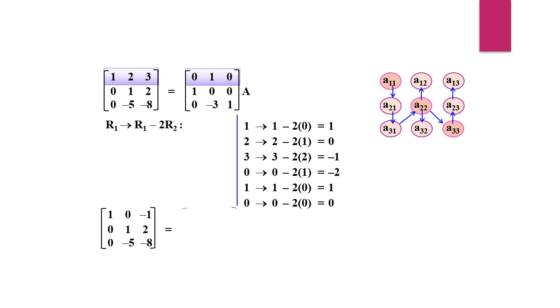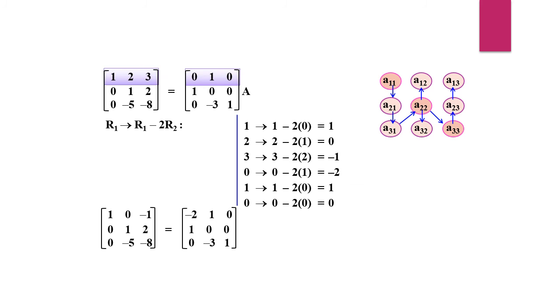Similarly we apply the property on the LHS, that is first element of R1 minus 2 into first element of R2, we get minus 2. Next second element of R1 minus 2 into second element of R2, we get 1. And third element of R1 minus 2 into third element of R2, we get 0. So the changes are taking place only in the elements of first row, and the elements are 1, 0, minus 1, minus 2, 1 and 0.